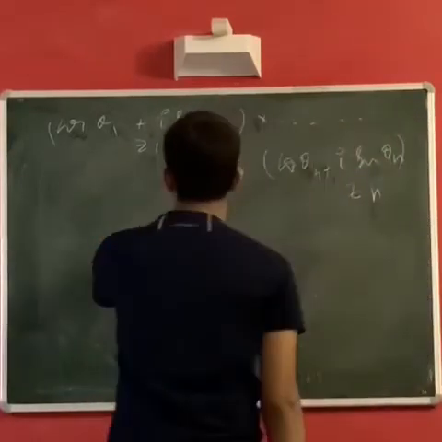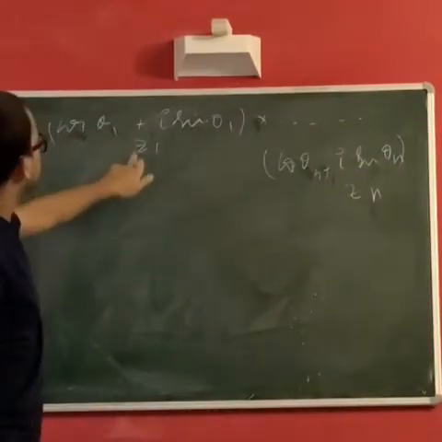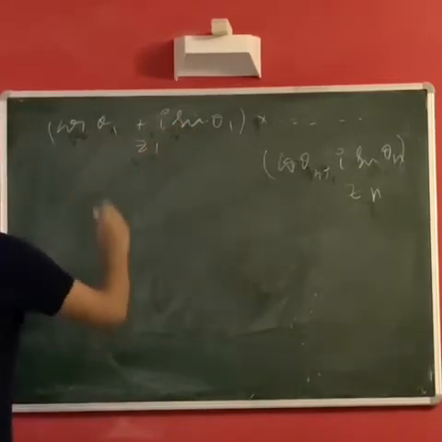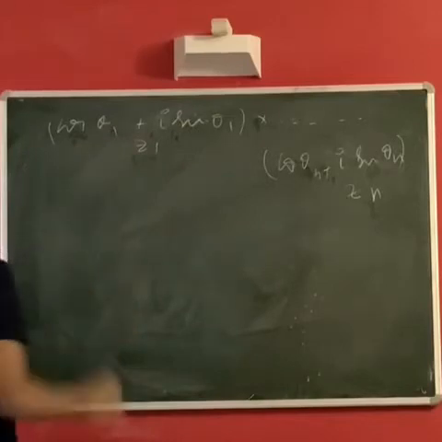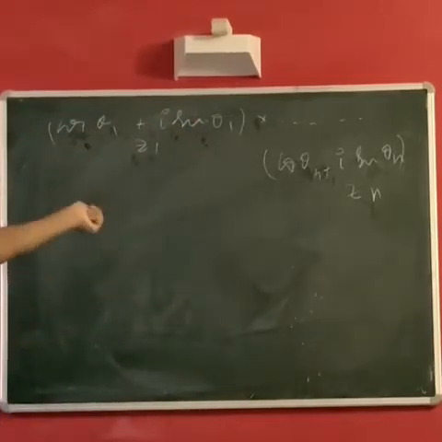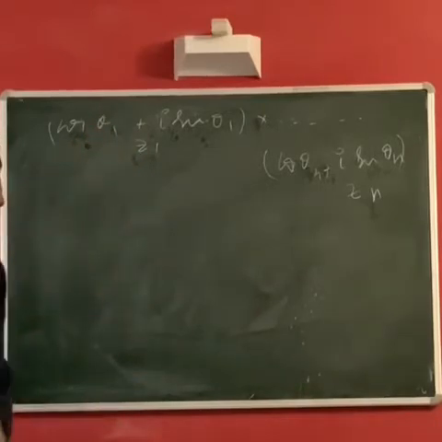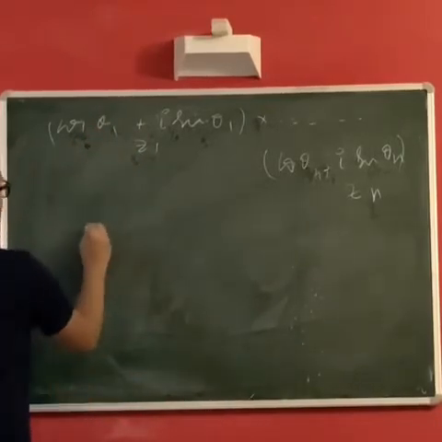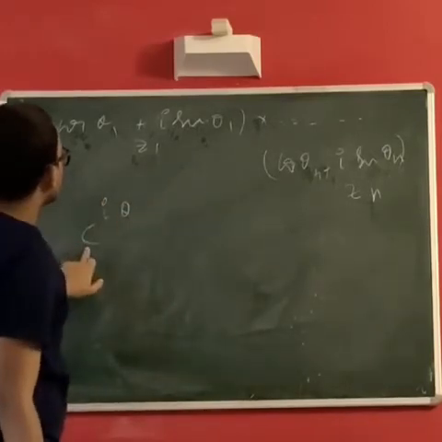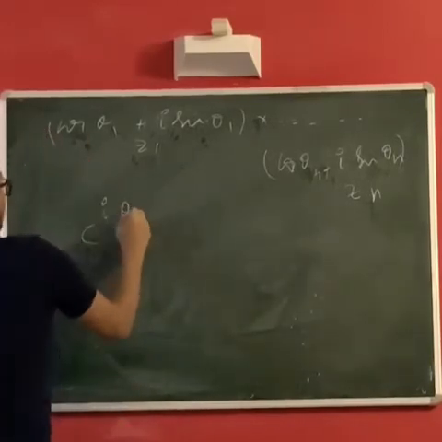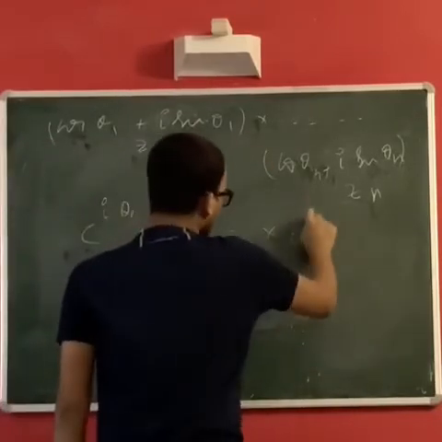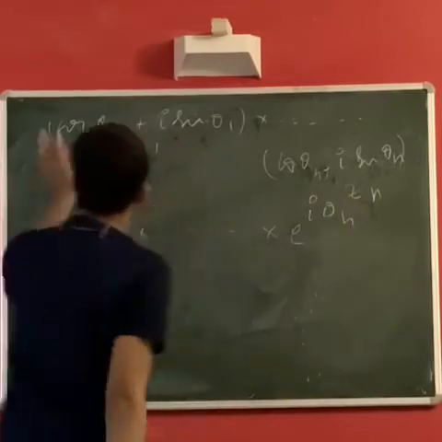So we want the product of this. We will write z1 in exponential representation instead of Cartesian representation. As you may all notice, sin square theta 1 plus cos square theta 1 is 1, and so the modulus of all these complex numbers individually taken is 1, and so all these numbers are of the form e power i theta. The first one is e power i theta 1, second one is e power i theta 2, and so on up to e power i theta n. So the product is just this.